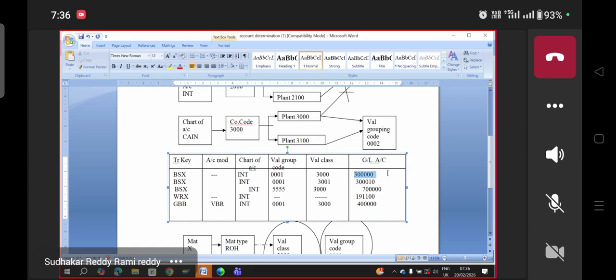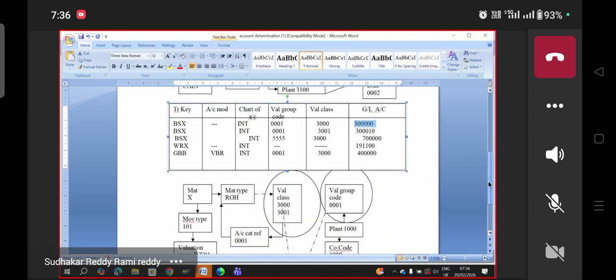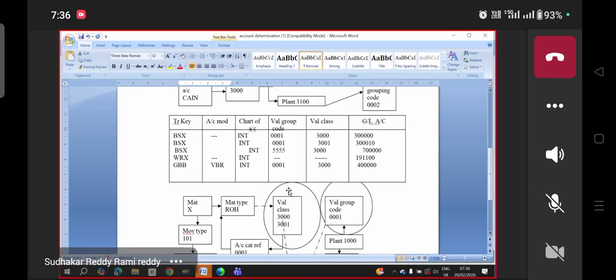So in the accounting document with 201, in the BSX GL account, 200 rupees INR minus, and the opposite consumption value has to increase. When you issue from store to cost center, the material consumption value will increase. Then again the 201 movement type triggers transaction key BSX, and the opposite for 201 is GBB. GBB triggers, and the account modifier also triggers. Then with the transaction key GBB, in OBYC for transaction key GBB, in chart of account INT,